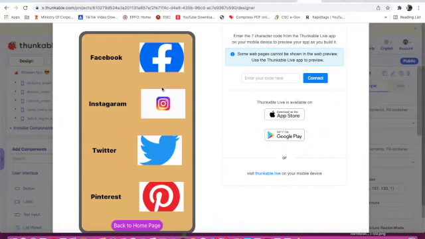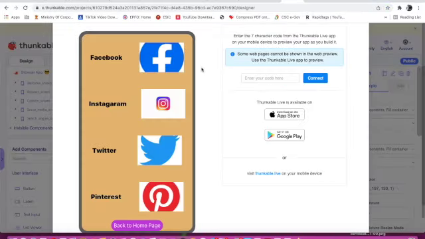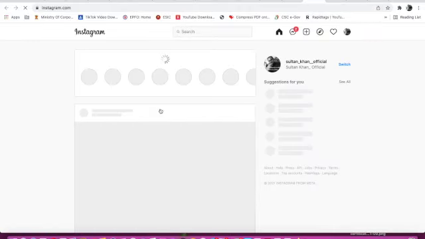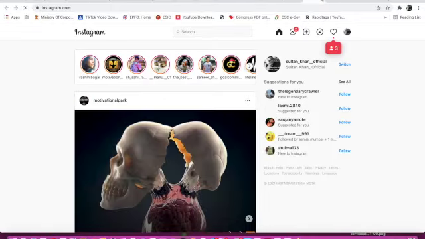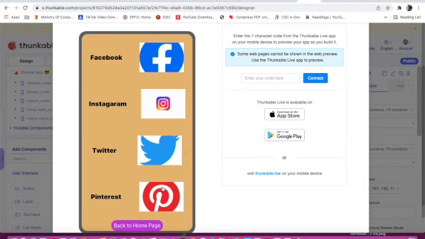Social media screen. Facebook, Instagram, I will check once. Yeah, Instagram and Twitter. Okay, and Pinterest.